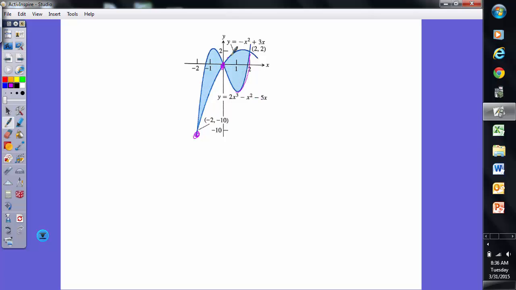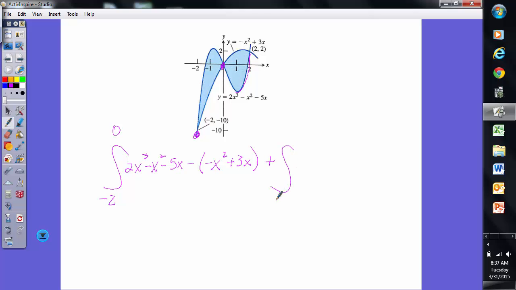But here, it changes, and the top curve becomes -x squared plus 3x, and the bottom curve becomes that one. So we have to do two separate integrals, from -2 to 0 of top 2x cubed minus x squared minus 5x minus bottom -x squared plus 3x